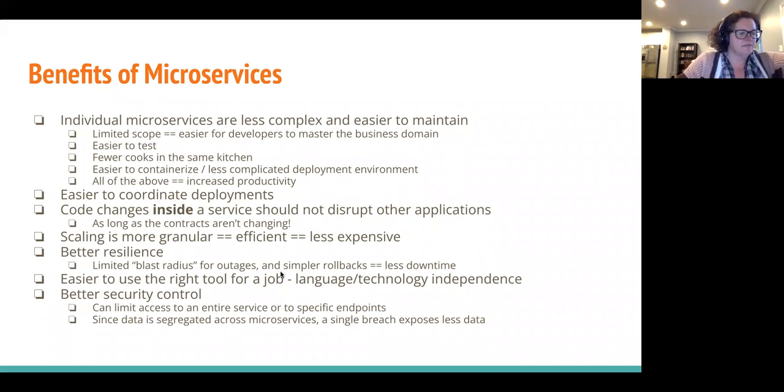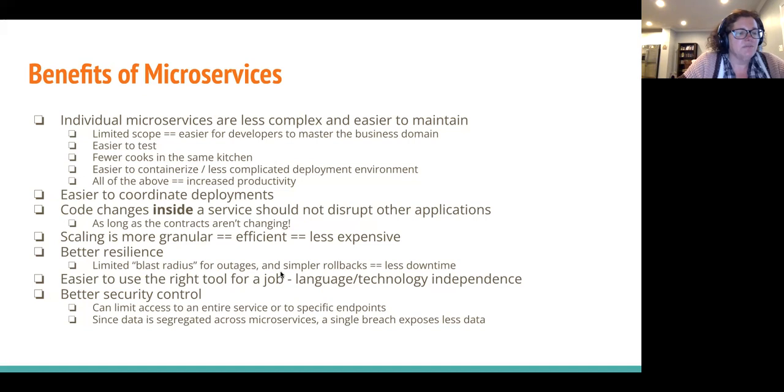Since microservices are limited in scope, they are naturally less logically complex, and individually, they require less cognitive load to understand than a monolith. And what do I mean by that? I just mean that from a business functionality perspective, there's actually less in an individual microservice. So if you have a new dev that joins your team, they don't have as much business knowledge to learn. They don't have to learn about all of those domains that we talked about before. They can focus on the one that's in this app.